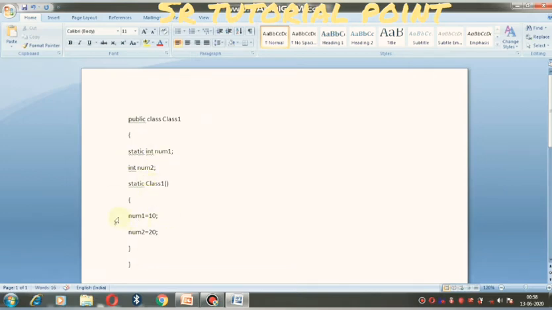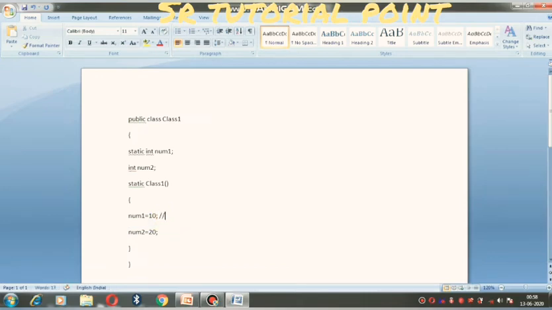When taking this code, here I declared the number 1 variable as static. Here I have not declared the number 2 variable as static, but I declared the class as static. So it accepts this value. Why? This is because I declared this number 1 as static. So it will be okay for us.